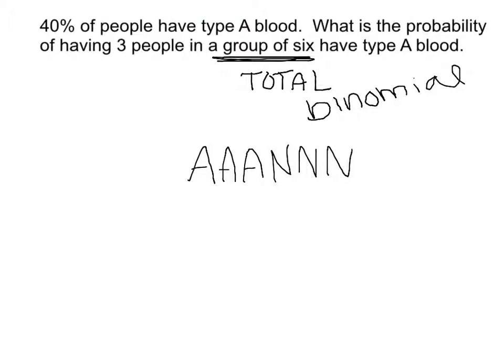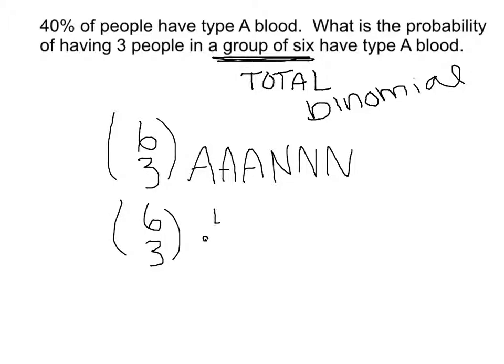But we also have to think about how many ways this can happen. This can happen in 6 choose 3 different ways. So if you look at the formula for the binomial, it's 6 choose 3. The probability of being type A is 0.4, so 0.4 cubed. That's these 3 numbers. And then the probability of not being type A is 0.6 cubed, because there's 3 of